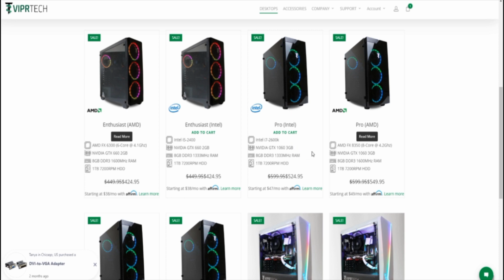8 gigs of DDR3, enough to play your games as long as you're not doing anything else with it. And then you got a 1 terabyte hard drive. Now for $530, this is actually cheaper than what a lot of other sites are offering. You're not really getting this good of a PC for that amount, so I'd probably go with it if it's like right at your price range. But if I were you, I'd save up a little bit more money and try to check out some of